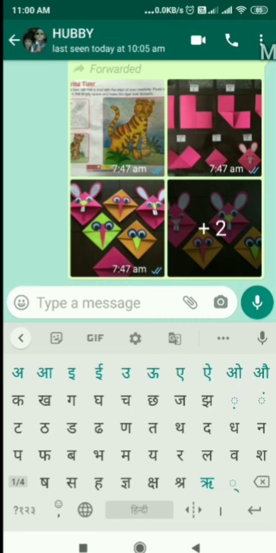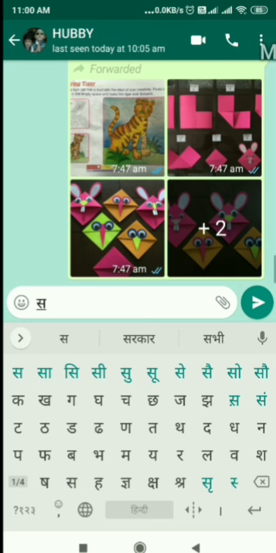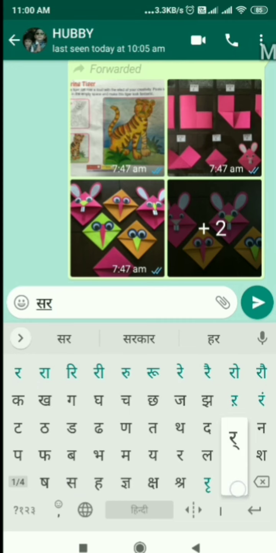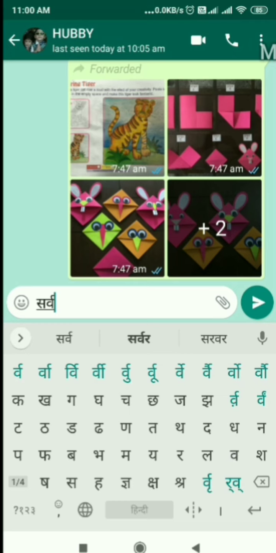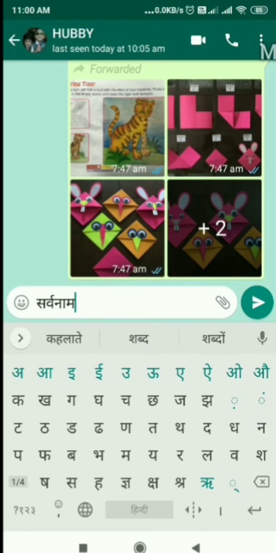Like if you want to write Sarvanam, what you have to do is Sa and then Ra, Halant, because Ra is half over there. So Halant, Va, Na, Va, Naam, Sarvanam.